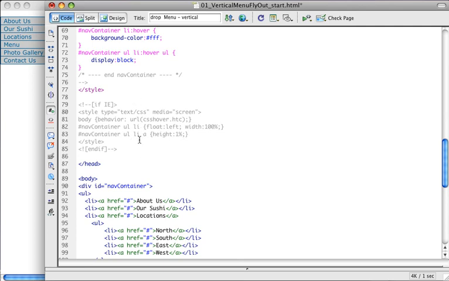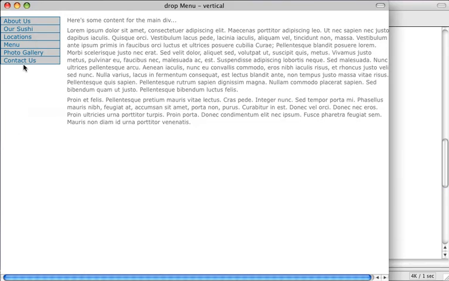So here is the correct conditional statement that we want to include in here, and this will basically get rid of that white space problem in all versions of IE, and also make the anchor into a proper block, so activating the color is going to change the background color as well. And that's pretty much it for our